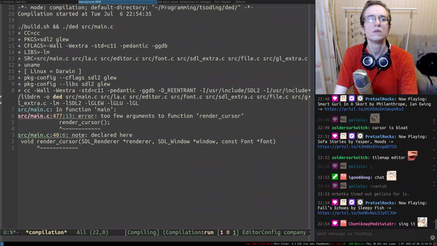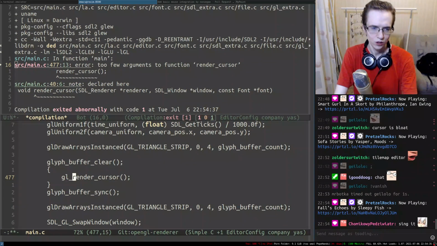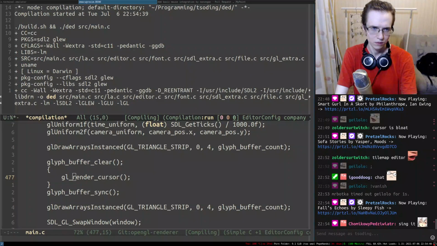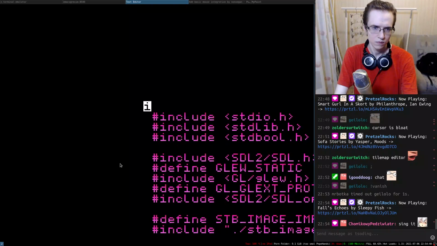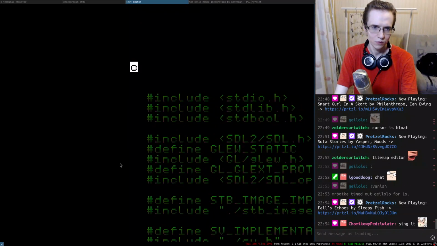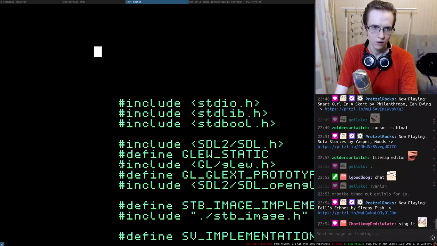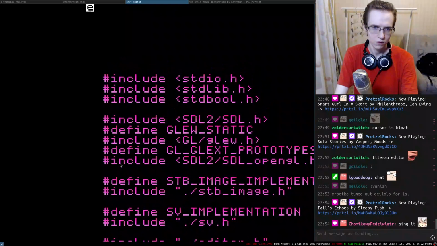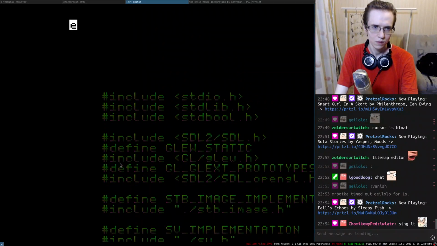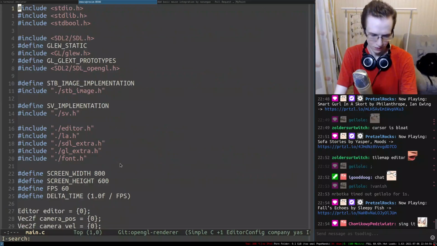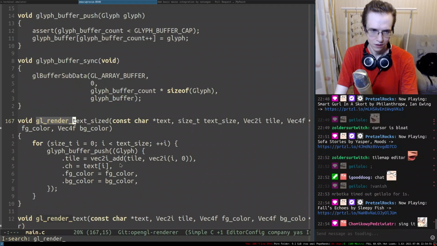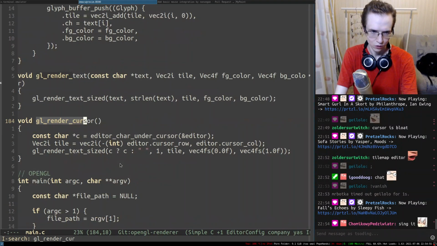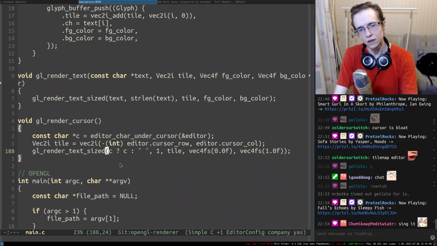Render, it's a GL render cursor. All right, so it's completely broken, by the way. That's cool. It's a classic, by the way. Render cursor. It's a freaking classic.